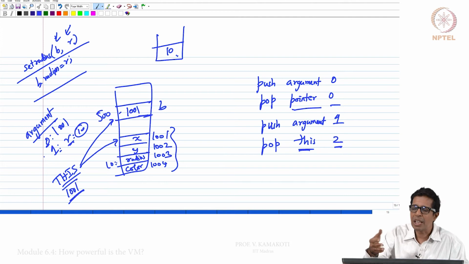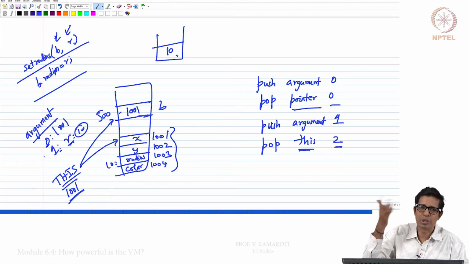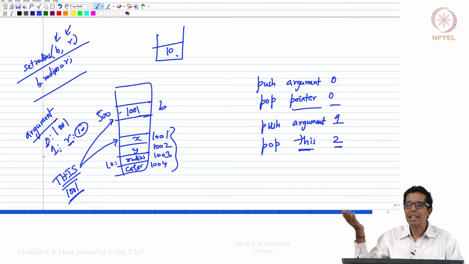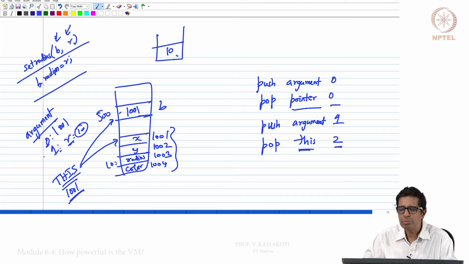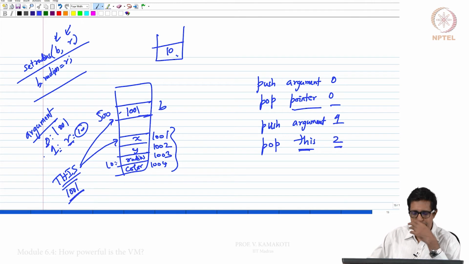Now what I do is I push argument 0, that is 1001, onto the stack, and then I pop it to pointer 0. That means 1001 comes to point to this. So that this segment's base pointer is now 1001. That means this segment essentially points to the ball B, right?